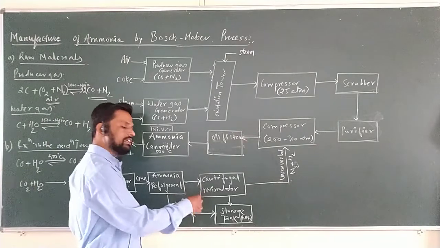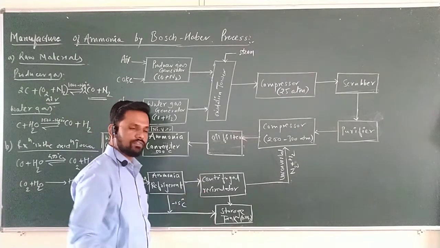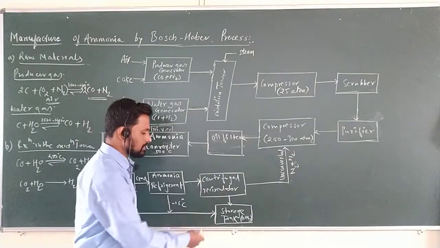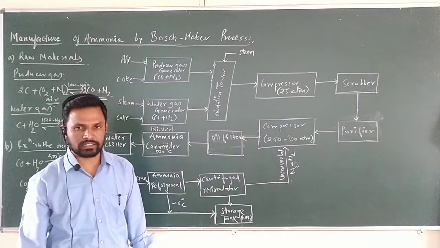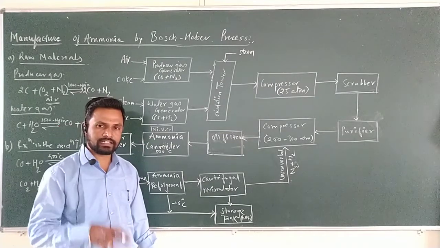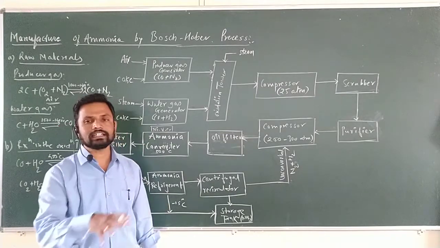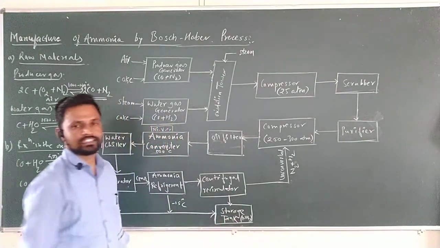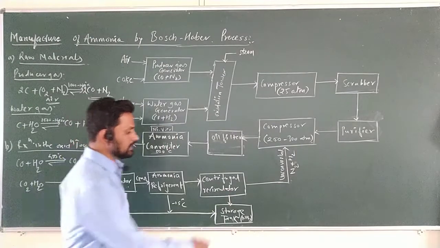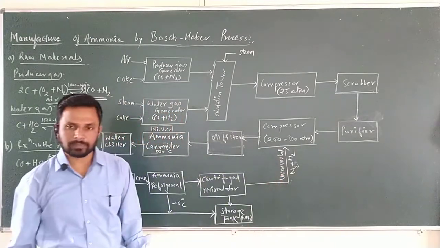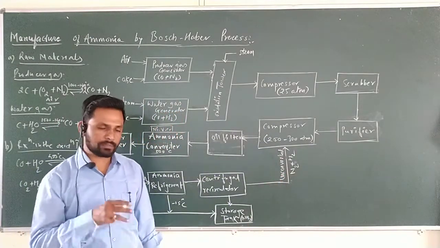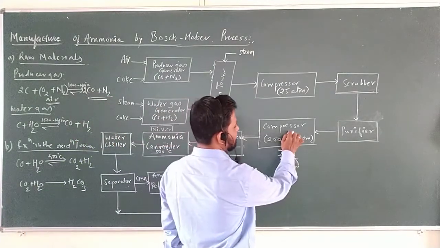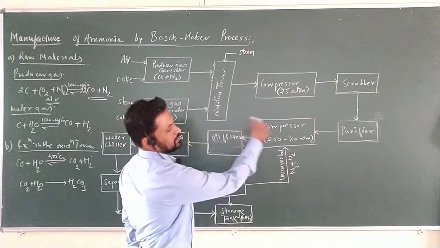Still, if any vapors of gas phase ammonia are present, they are further passed over the centrifugal recirculator, where centrifugation takes place, meaning all the gaseous ammonia is collected into liquid and further collected into the storage tank. Still, if any unreacted N2 and H2, nitrogen and hydrogen gas, is present after the centrifugal recirculator, it is further passed toward the compressor, where again the reaction takes place.